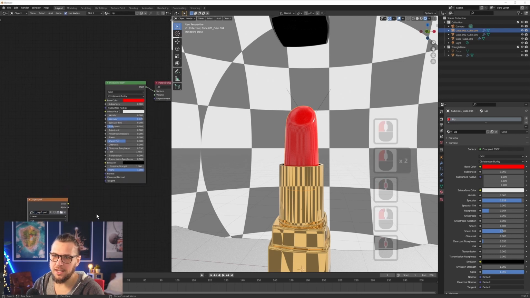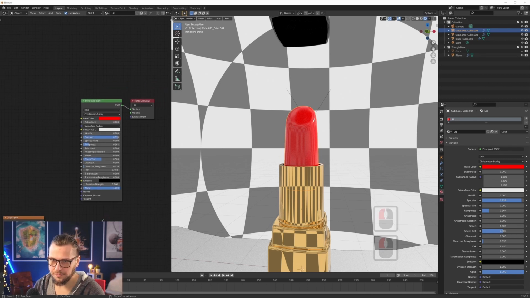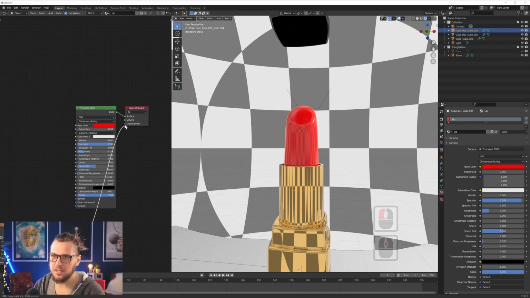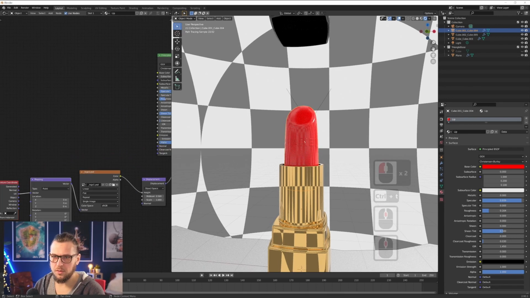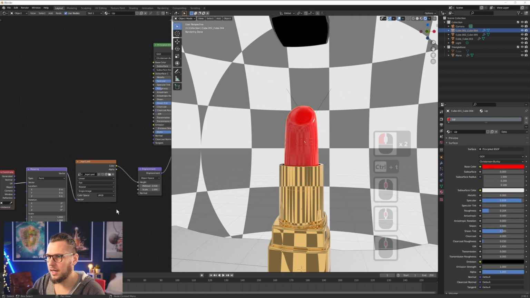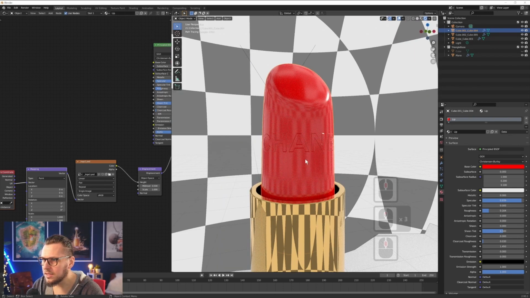And what we need now is a displacement node. So hit Shift A, S, and then type in this. Then you see displacement, hit enter and place it there. Connect the color to the height channel and connect the displacement to the displacement, and hit Control T just to have a view of what is going on. After that, there should already be something to be seen. Yeah, there is something, but it is not really